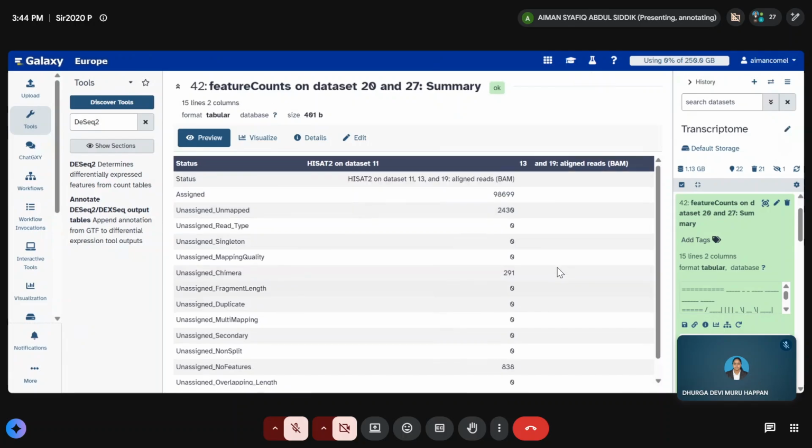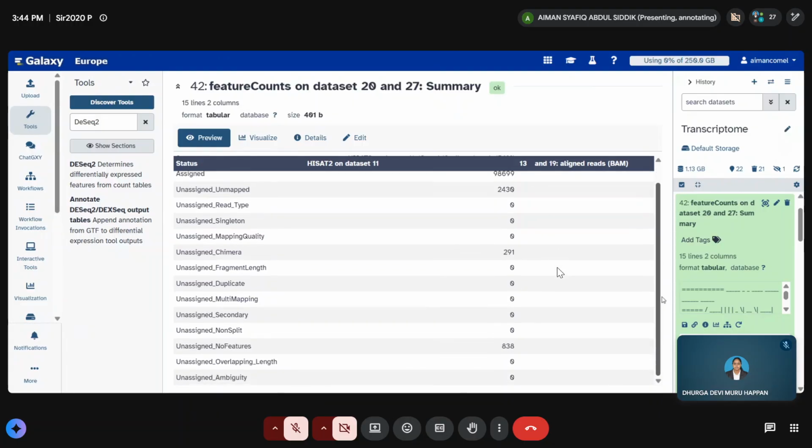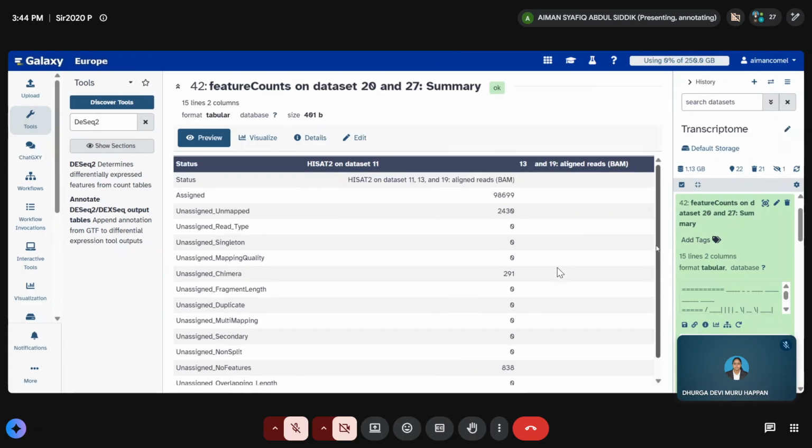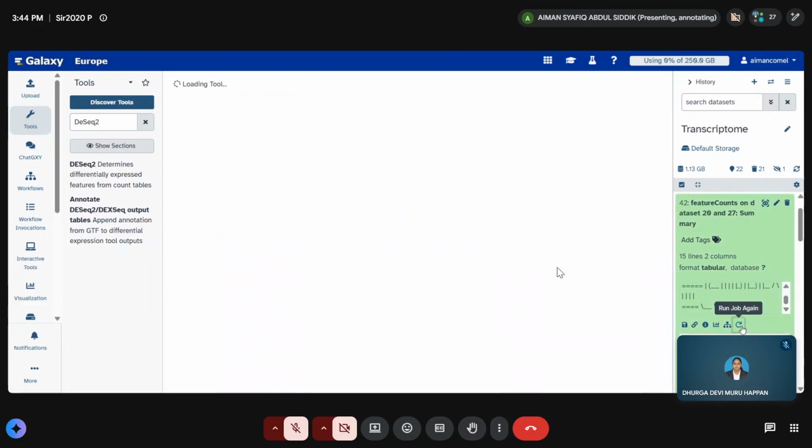It looks okay, but you see now the features that you count. Although you counted the features assigned already, you don't know whether the exon is linked to the gene or not. Can you use the refresh button for your feature count, the one that you want to rerun?